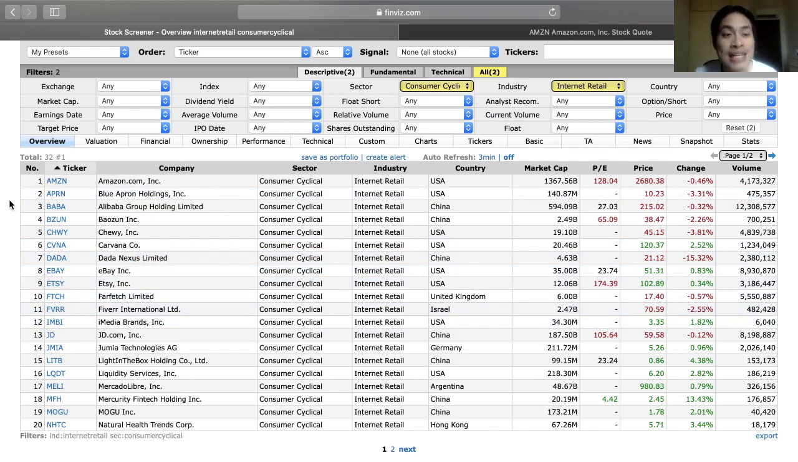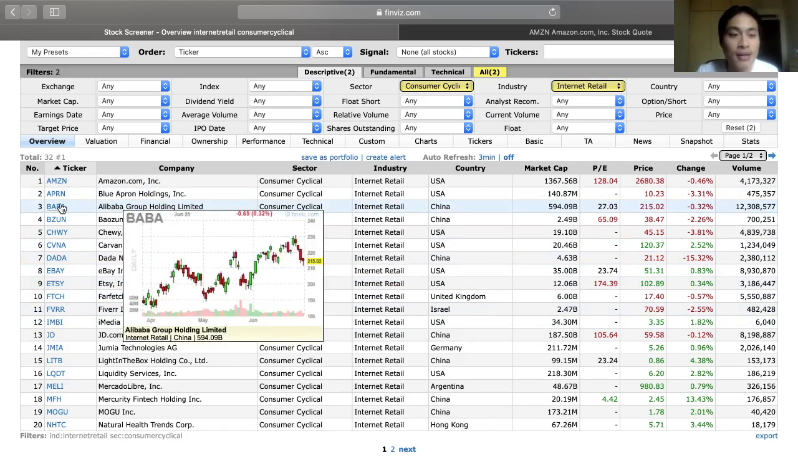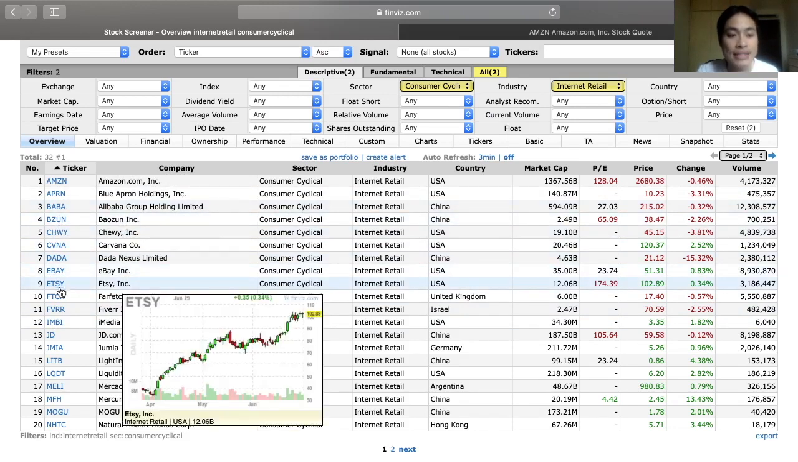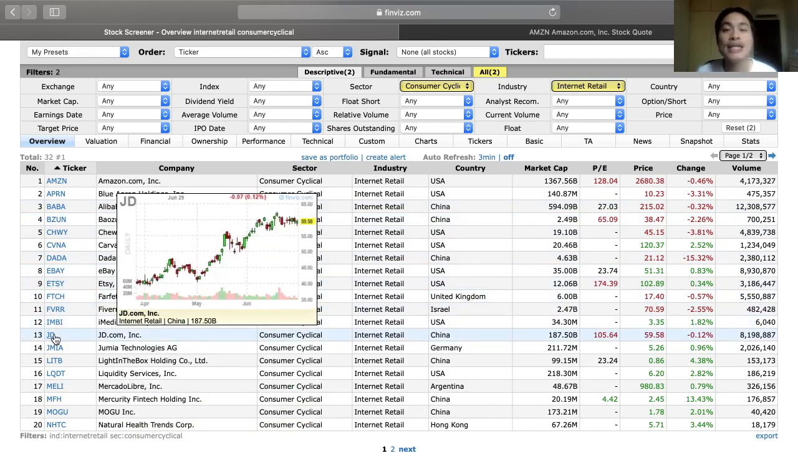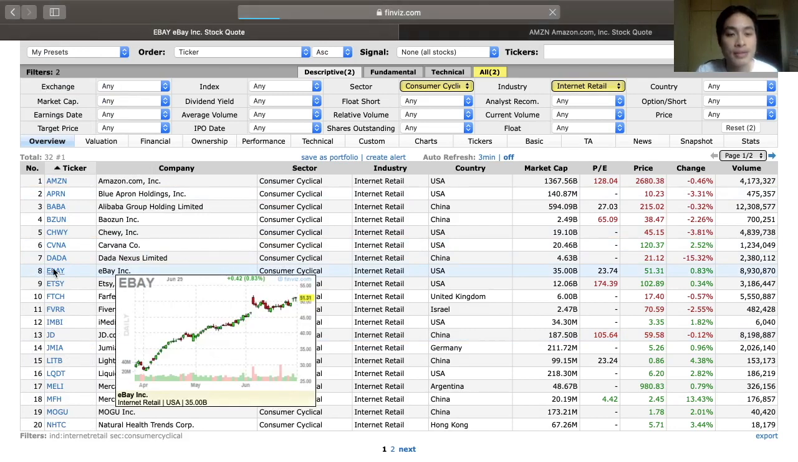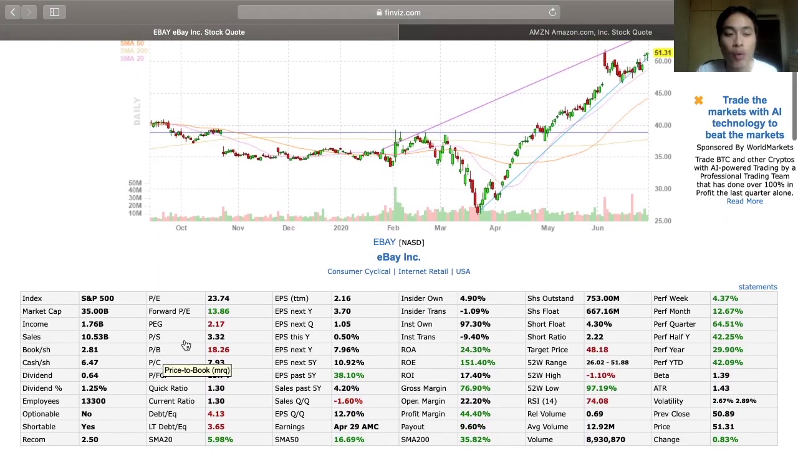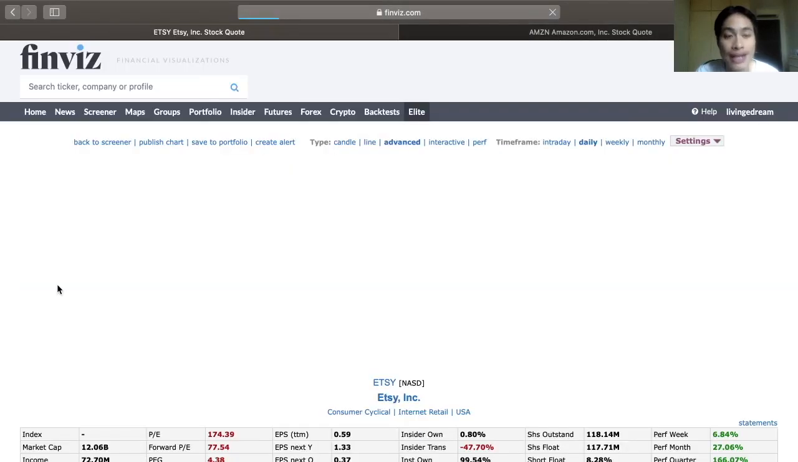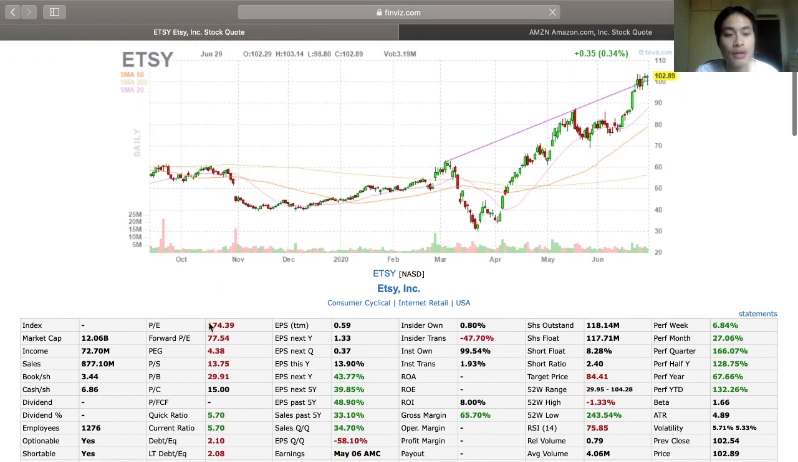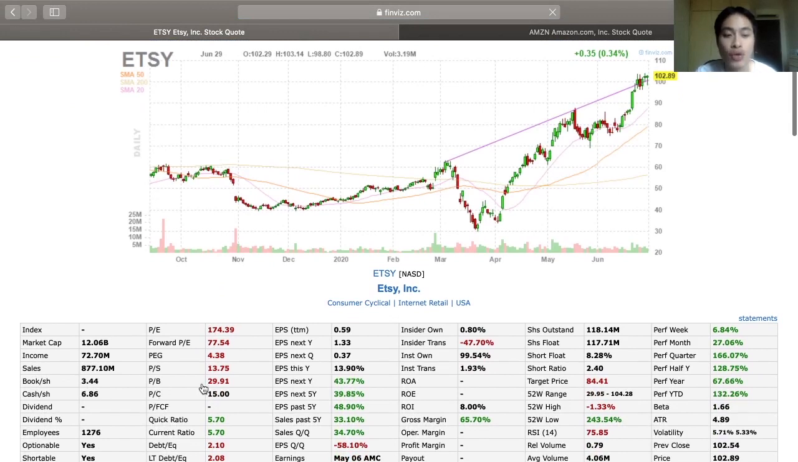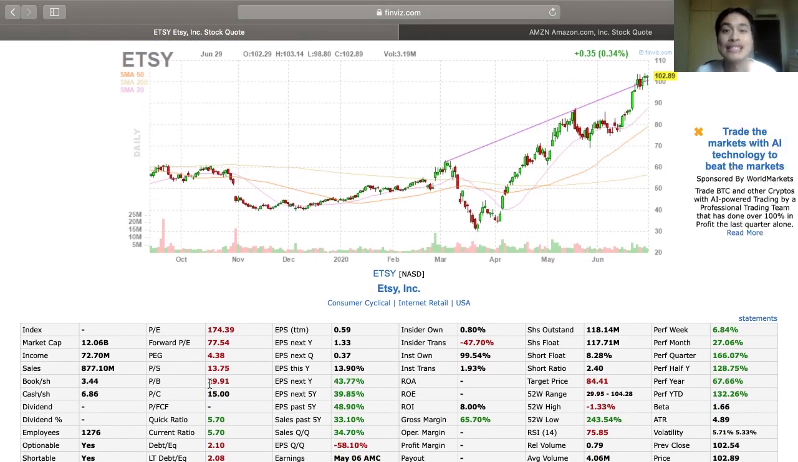We see some familiar names coming up. So we have Alibaba, we have eBay, we have Etsy, and we have JD.com. So these are some of Amazon's direct competitors. Let's take a look at eBay. Okay, so can you see that eBay also has quite a high price to book ratio? So its price to book ratio, while lower than Amazon at 18.26, is still quite a high number. Let's take a look at Etsy. So you can see that Etsy's price to book ratio is 29.91. So that is even higher than